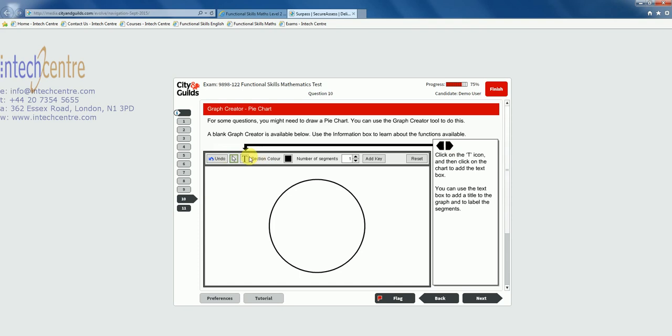So if you wanted to add a text box, you could do so. For a pie chart, the number of segments is very important. So if we had a pie chart, we can make 2 segments, we can make 3, 4, as many as you need. To change the values of the percentages, because they appear as percentages, you just click on the line